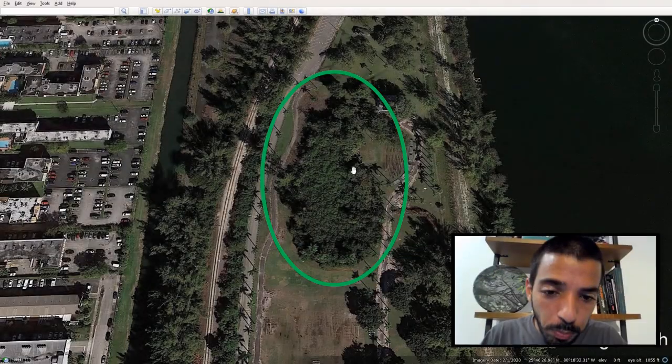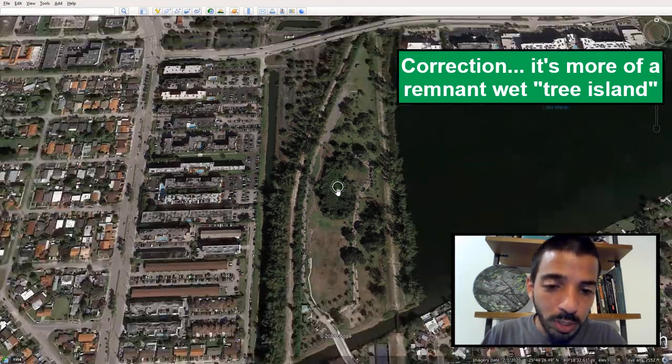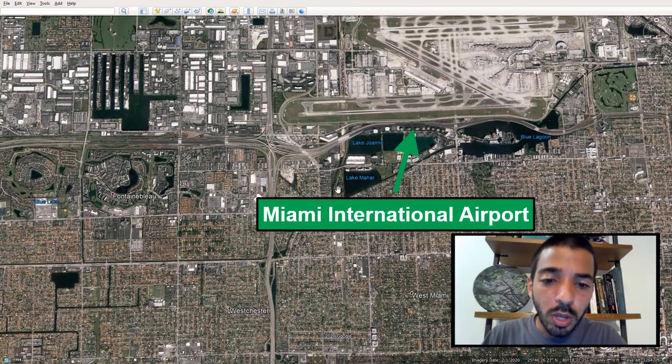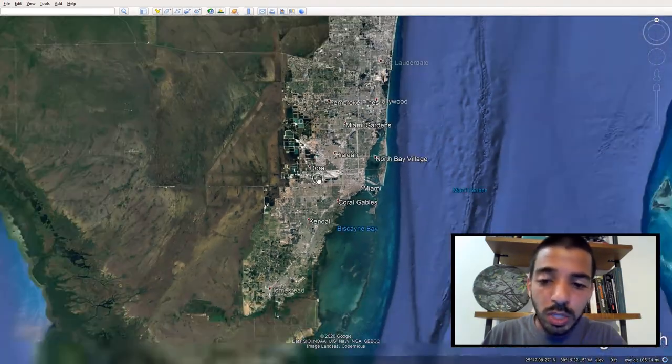Hi, I put this video together just to show some of the wildlife that was captured by my trail cam that I set up in an urban park in this little remnant hardwood hammock. And you'll see how urban this place is. It's only about a mile south of Miami International Airport, right? So I'll zoom out a little bit more just to show where it is relative to Miami-Dade County and the